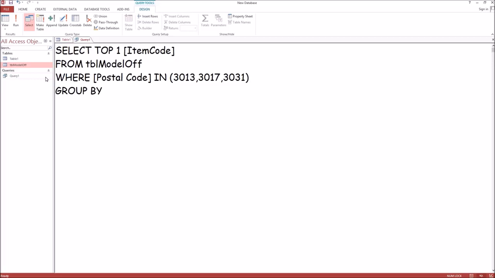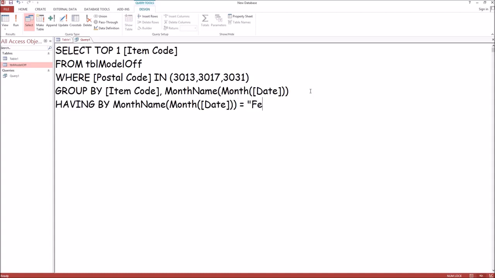We need to group by item code and the months. That's month's name, months, date field, where, or technically speaking, having months equals February,